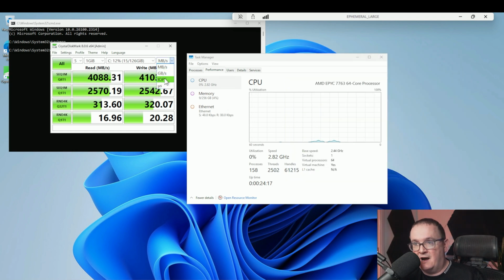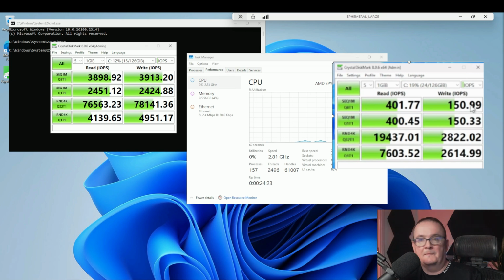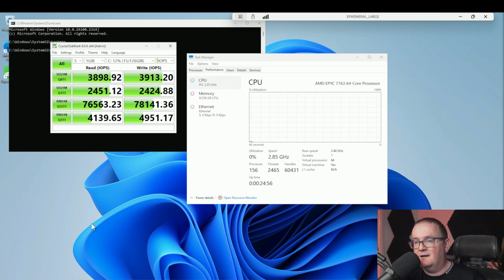But let's look at IOPS. On the other VM SKU, we got 150 for the first top two numbers. For this one, we got 3,913 and then 2,424, right? So more than 10 times the speed from an app perspective. For the third one down, we got 2,822 on the previous one. And this one, we got 78,141. Humongous increase in the speed that you get from that. Okay. Hopefully this gives you a good idea of the kind of speed increases that you get from using these